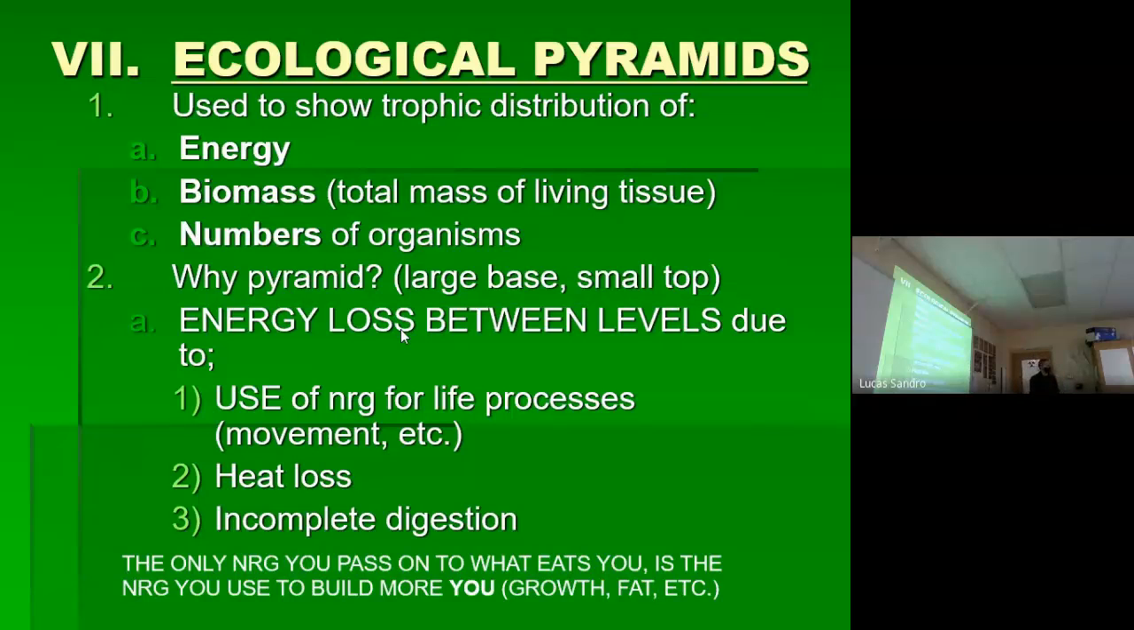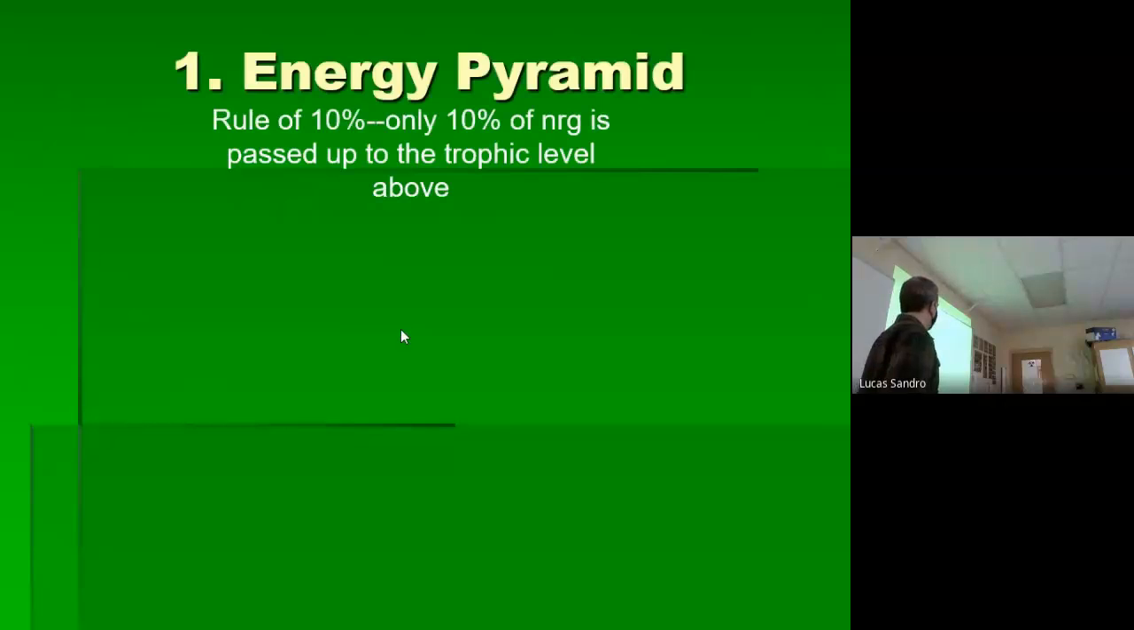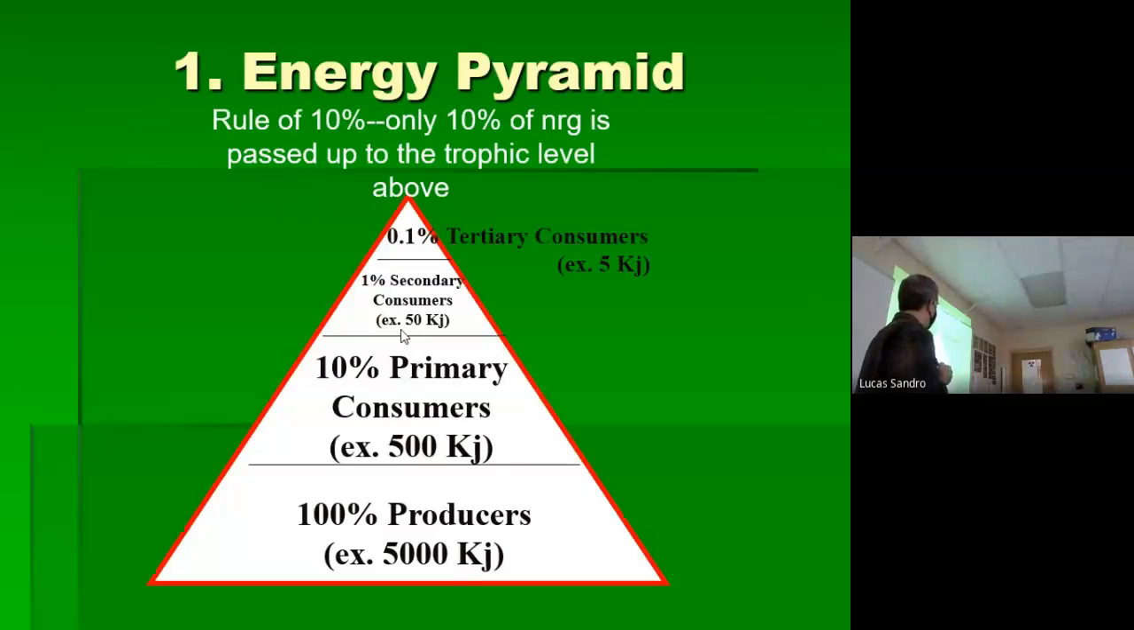A pure energy pyramid, in other words, if you're just measuring exactly the amount of kilocalories or whatever that are contained in the living tissue of the organisms in the ecosystem, it's going to be pretty dead on 10%. That rule of 10%, if we're measuring kilojoules, it's going to be pretty precise, 5,000 to 500 to 50 to 5. So let's